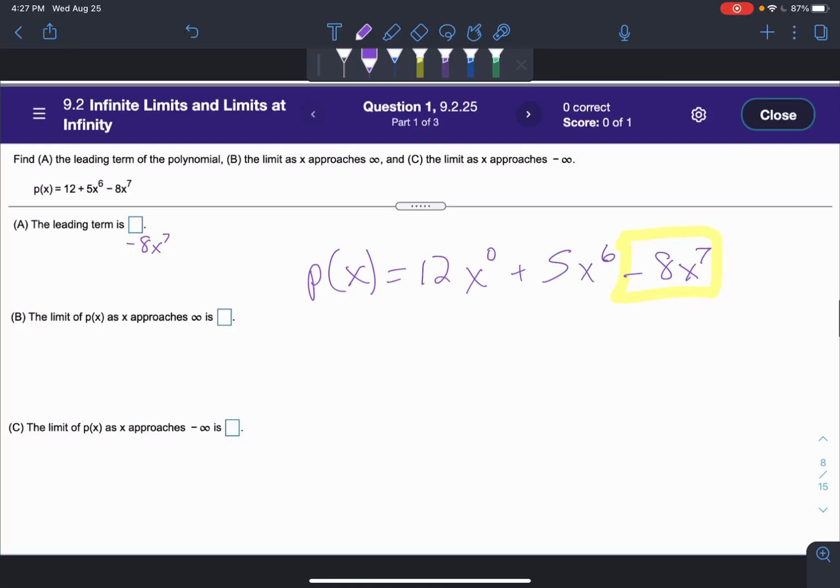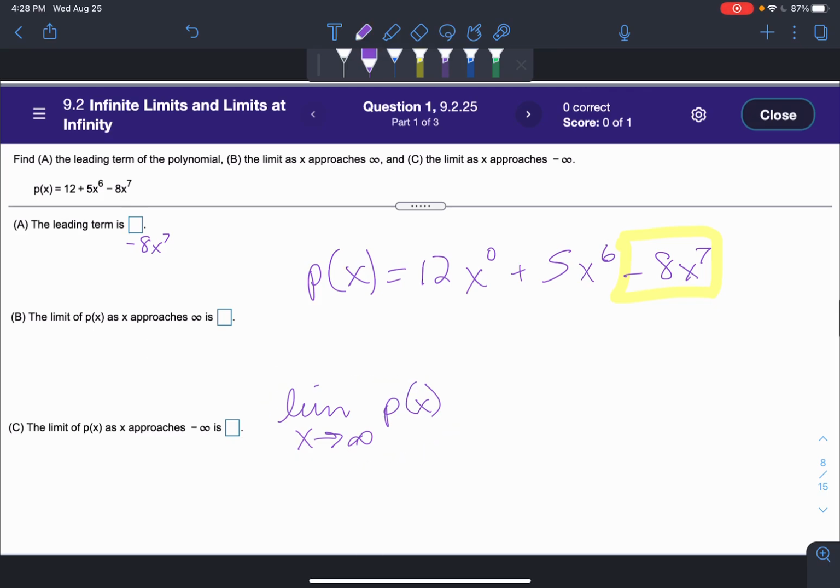Okay, so now we want to know, what is the limit? The limit of p of x as x goes to infinity. So the reason why they asked you what the leading term was in A is that the leading term basically means that when x gets really large, or when x gets really large in the negative direction, that term will overtake the function, and it will be the primary indicator of what will happen. Because let's think about p of x. So if I put a really large number here,